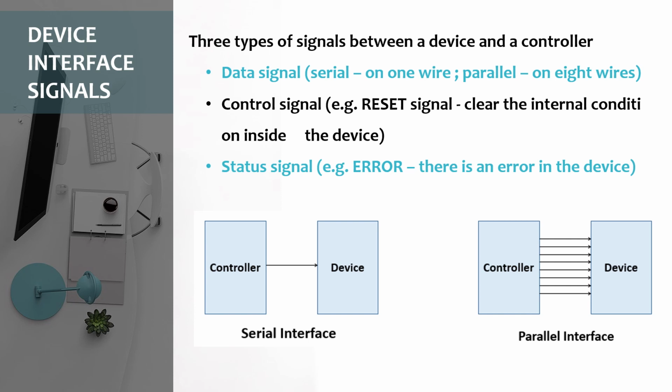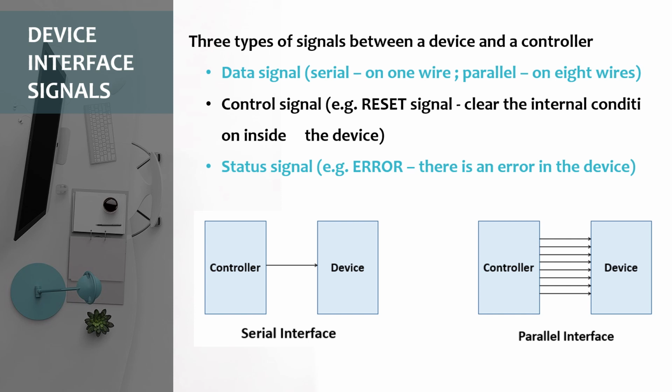Here also we can take an example, like suppose there is one error. That error can be anything: insufficient storage or connection lost, any error can be there. So in that case, the error signal reports that there is an error in the device, right? Because we don't know what the actual device is, but it has to inform the system that there is some error. Got it? And last we'll see the data signals.